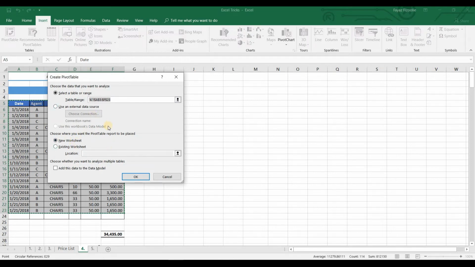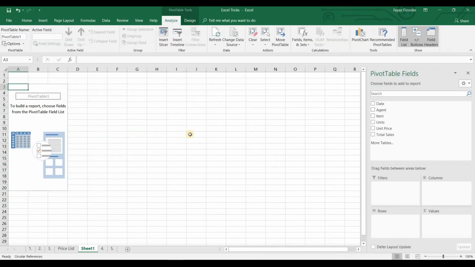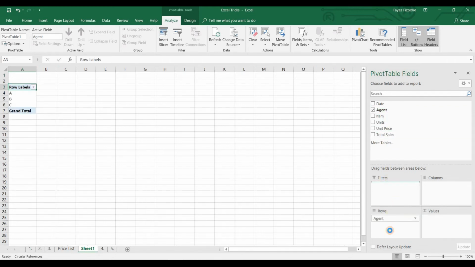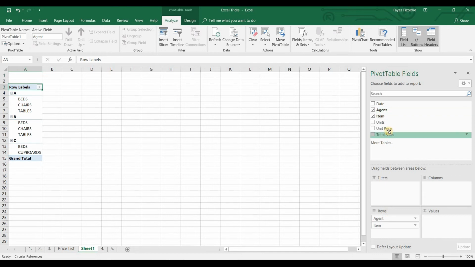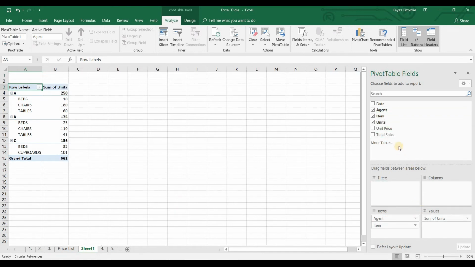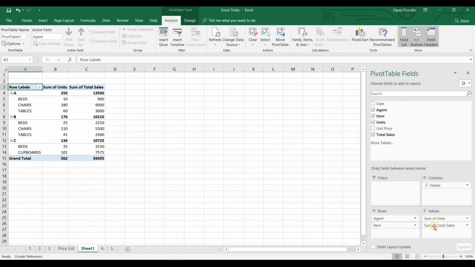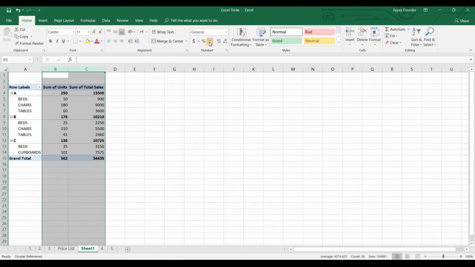There's also an option if you wanted to create the pivot table in the existing worksheet or a new worksheet. I want the pivot table in a new worksheet and we'll click on OK. Now we have the pivot table field on your right. You can drop the agent and item fields in your row section and the units and total sales field in the values section. So we now have the information on the items they have sold, how many units and their